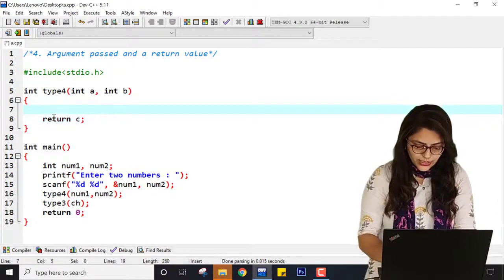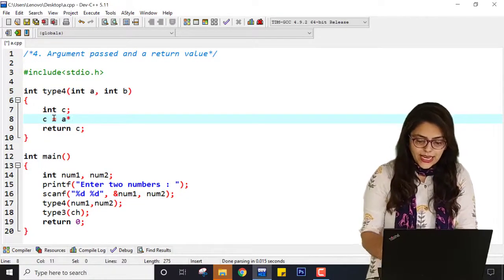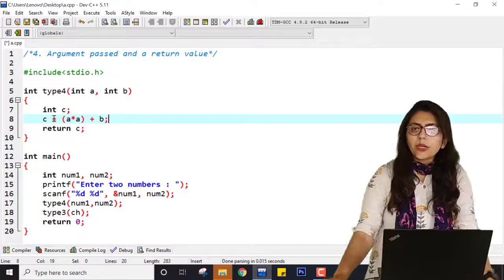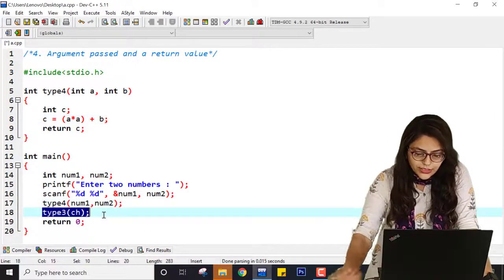So I have to declare int c over here, c equal to a into b, or say a into a, that is a square plus b. I am writing some random equation, right? So it will be returned. So here some kind of value will be returned.